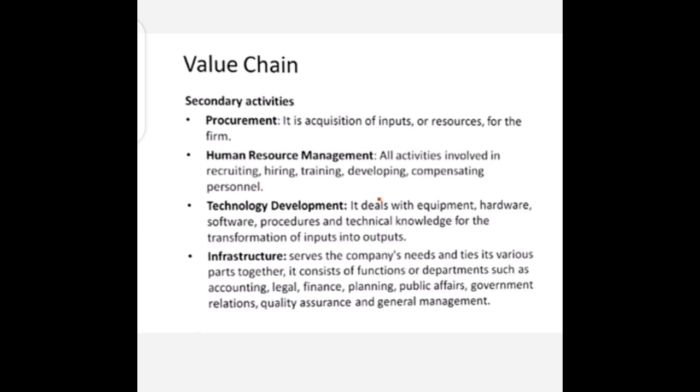Then we have technology development. It deals with equipment, hardware, software, procedures, and technical knowledge for the transformation of input into output, like what type of machines will be required and who will be dealing with that equipment, and so on. Then we have infrastructure, which serves the company's needs and ties its various parts together. It consists of functions or departments such as accounting, legal, finance, planning, public affairs, government relations, quality assurance, and general